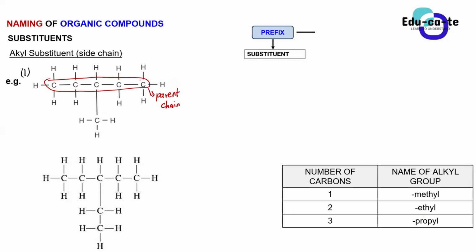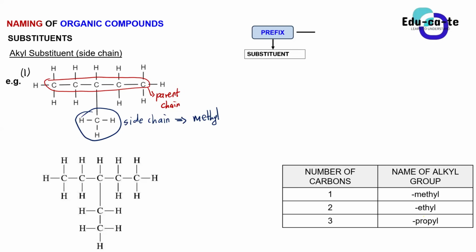This side chain, how many carbons is it having? Because this will be a side chain because it is the only one left out. It is only having 1 carbon bonded to 3 hydrogen. So we say that this is a what? This is a methyl group, because remember, guys, that when there's only 1 carbon in the side chain or in the substituent, we say methyl.